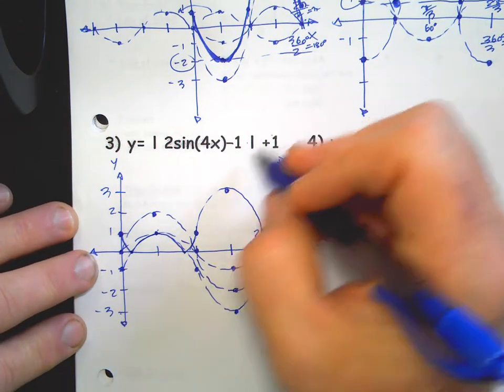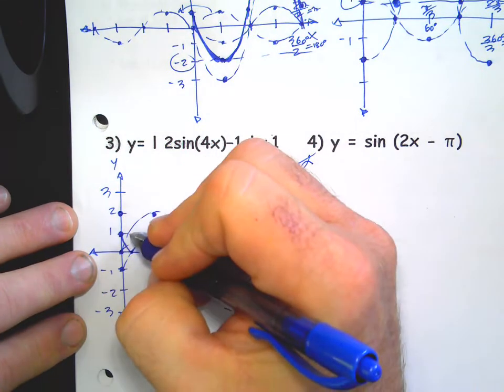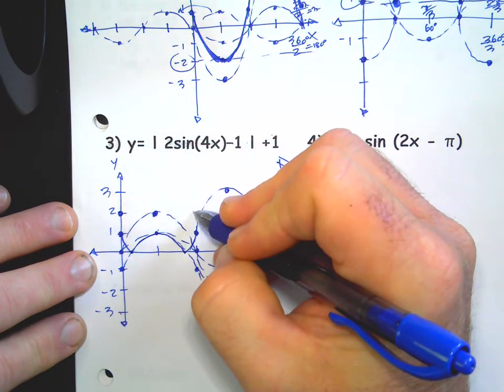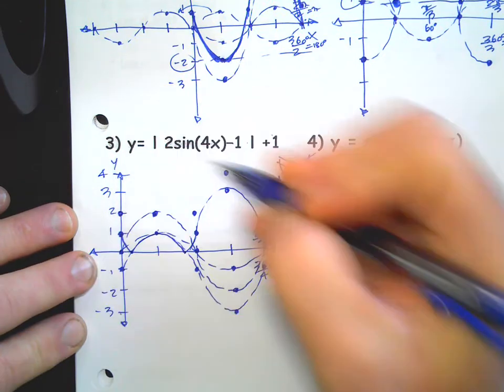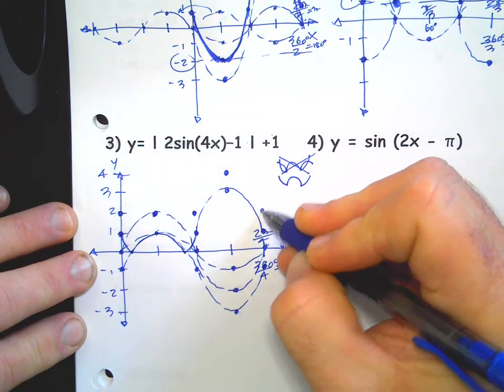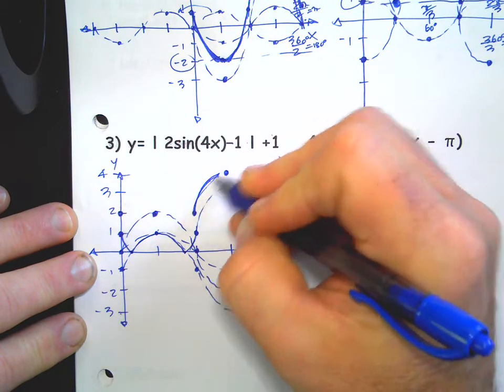Now, the last step is to move everything up 1. So this moves up 1. This moves up 1. This moves up 1. This moves up 1 to 4 now. Trying to just keep track of that. This moves up 1. So your final answer is